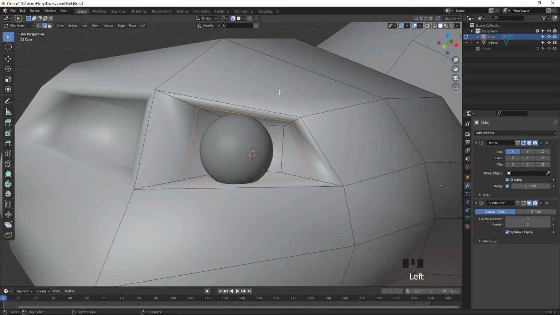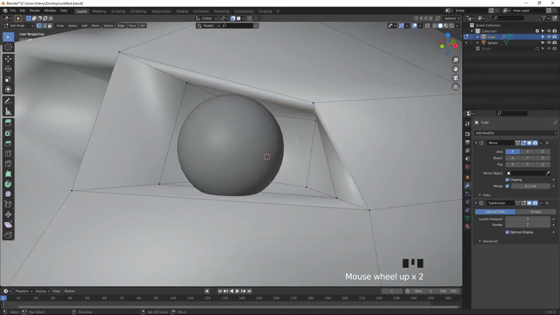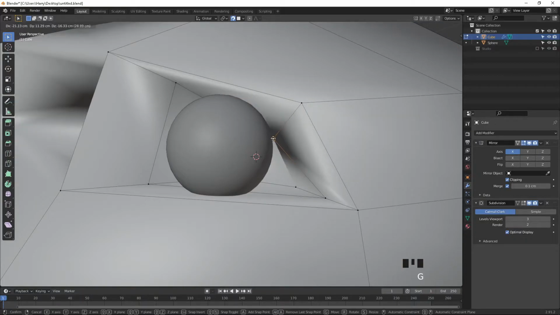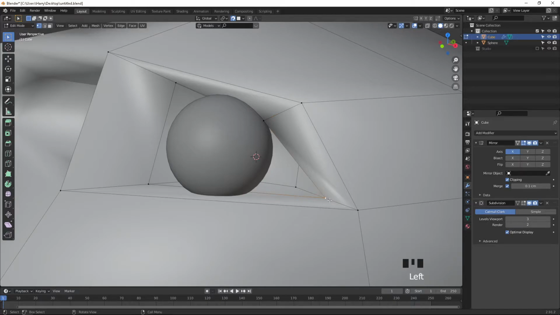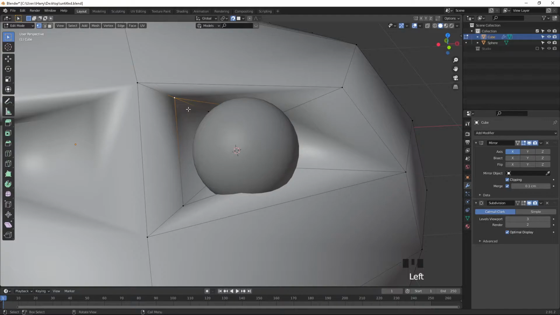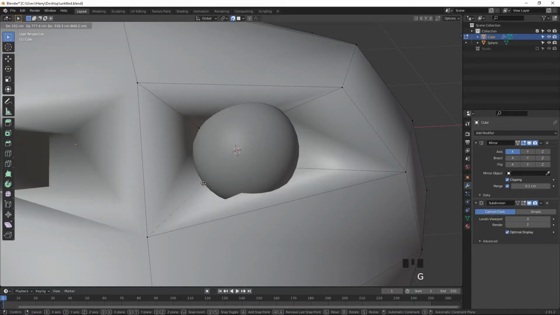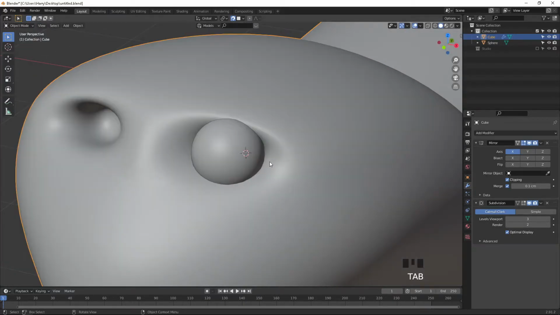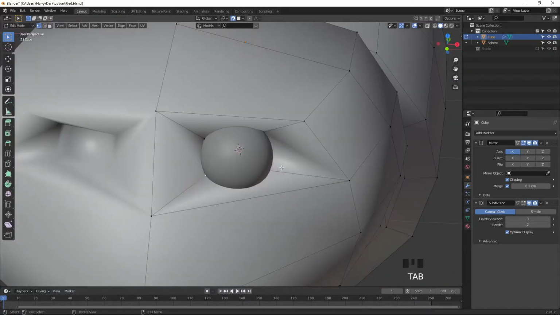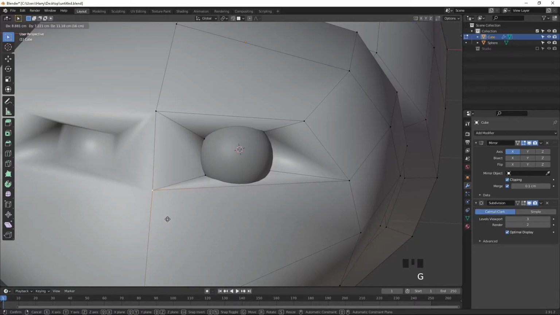activate this magnetic icon, press 1 on the keyboard, select this one, and G to move. You can see it's attaching to the faces. Yeah, this will be fine. G to move, and select this one, press G to move. Press G and G to move this towards here, and go to object. It looks better, not bad actually. And select this one and turn off the magnet select options.